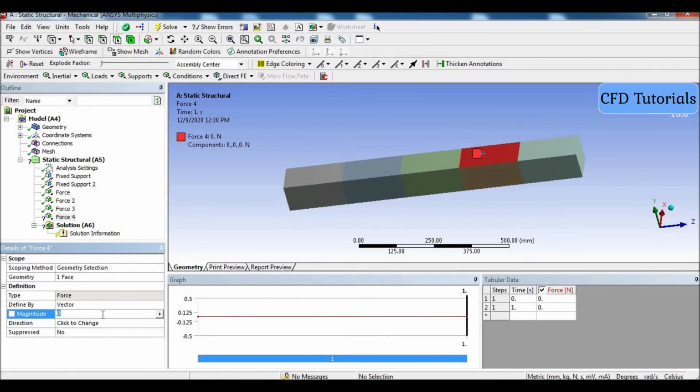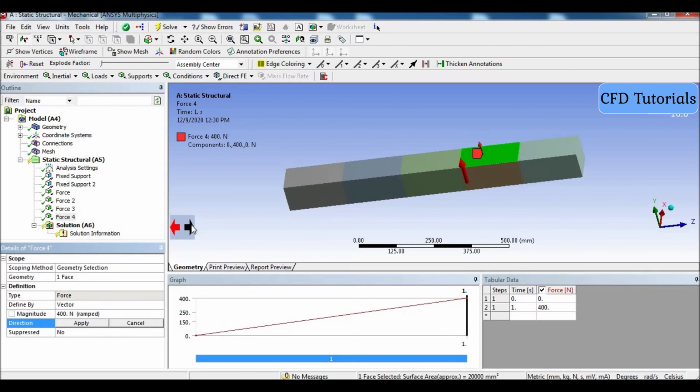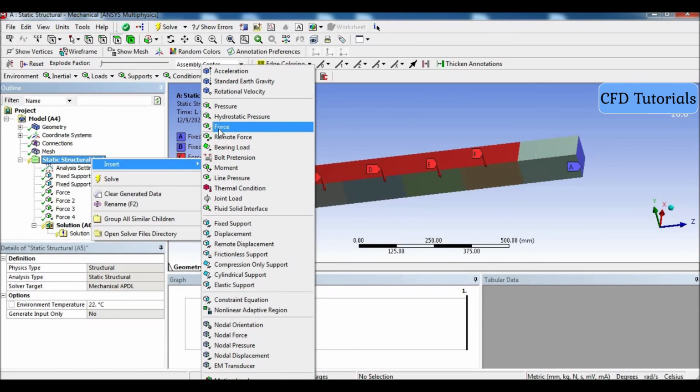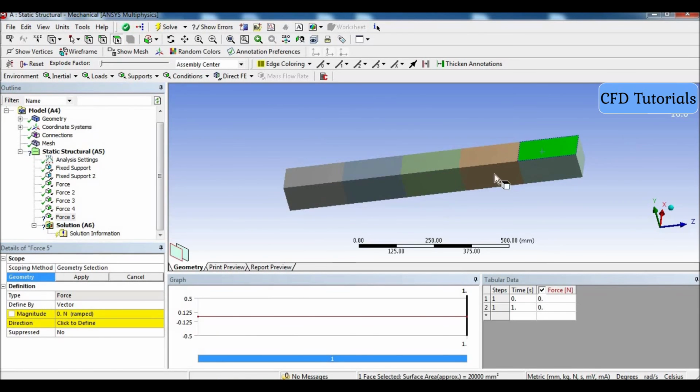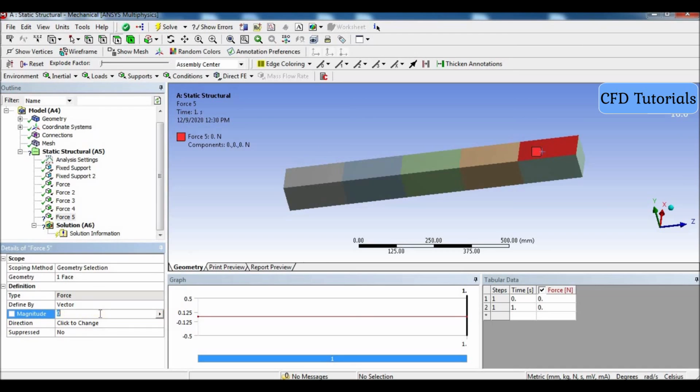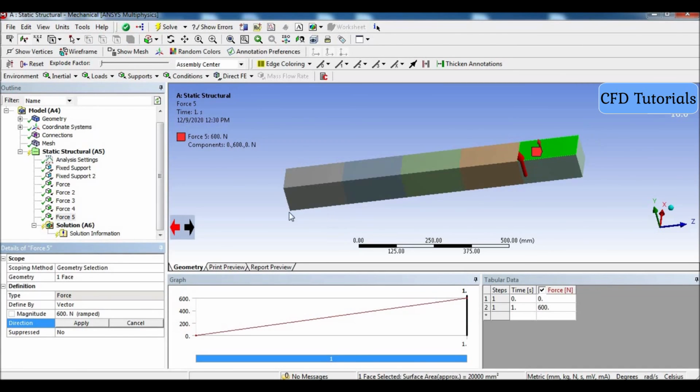Let us suppose here you have 400 Newton, change the direction to the negative y direction and apply. Again insert, apply the force at that particular surface. Let's suppose here you have 600, change the direction and then apply.